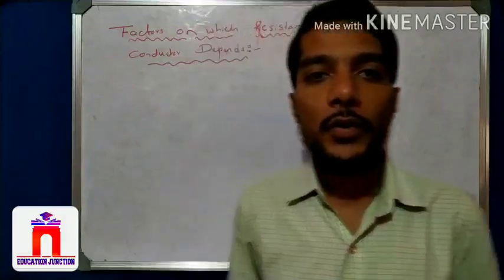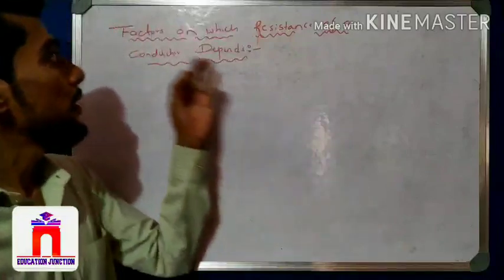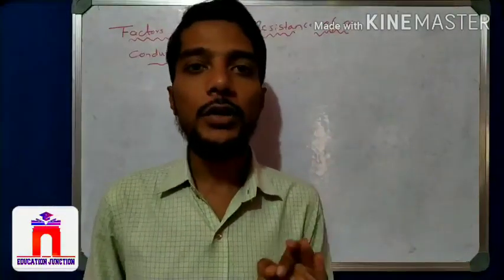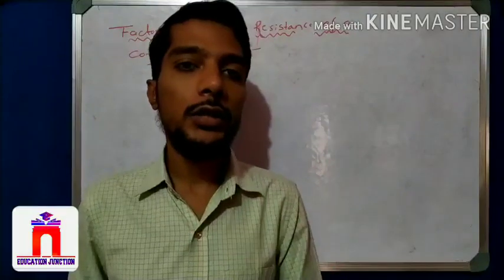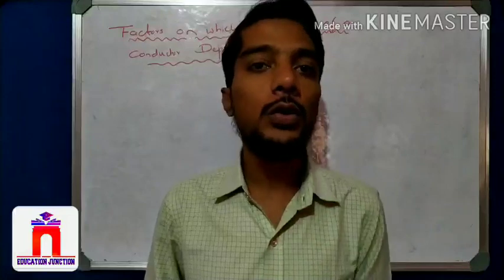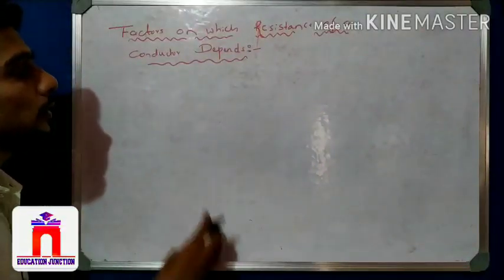Now in this video, we are taking a very important concept from the electricity chapter, that is, factors on which the resistance of a conductor depends. That is a very important question, a 2 marks theory question, and then there are also problems for 2 to 3 marks, right? So now try to understand this concept first.